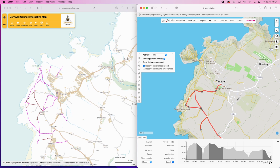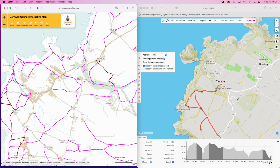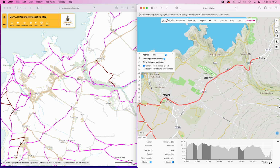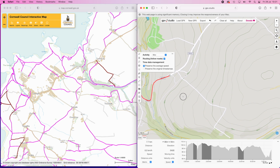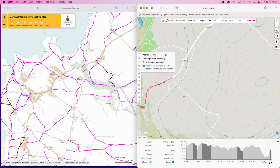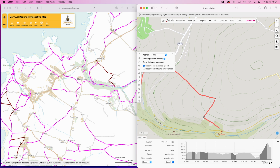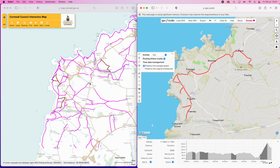Okay, let's zoom out, and then we'll look at where the other one was. It was all the way over here by Tretheavy. I've never been there before, so I might have said that wrong. So let's just click randomly over by Tretheavy, and because it's got the road routing turned on, it just zoomed us all the way over there, the shortest possible route. And then this looks like a regular road, but it is a byway, so you never know, it might be an interesting type of road. So there you go, we've just linked together three little byways that we found on the map,